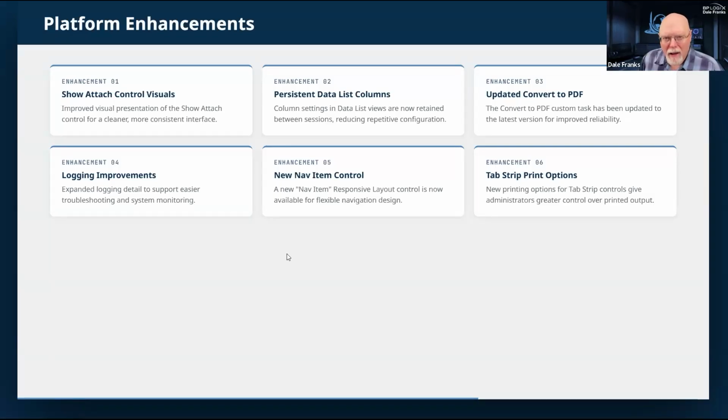On the data list control, now this is not something I can show you. I suppose I could, but it would take a lot of time because I'd have to set it up and edit a business value. But essentially, the issue is this.